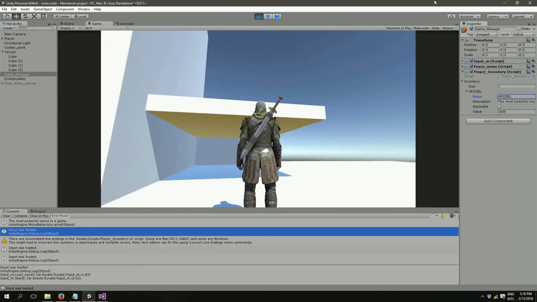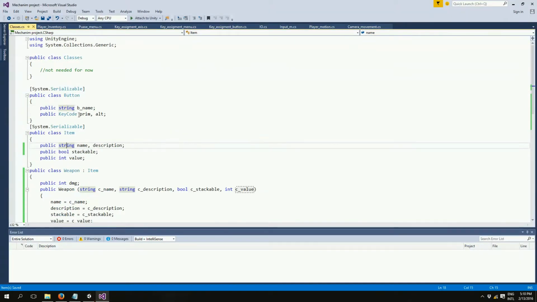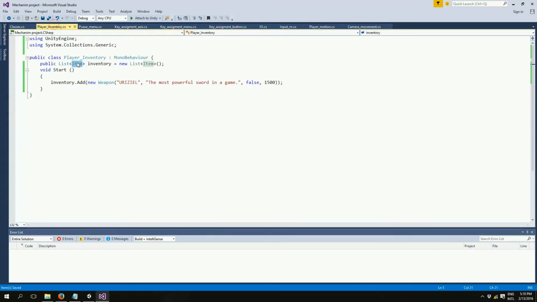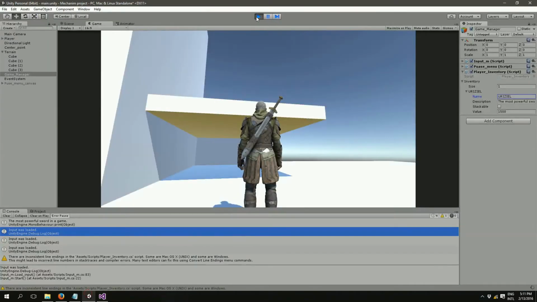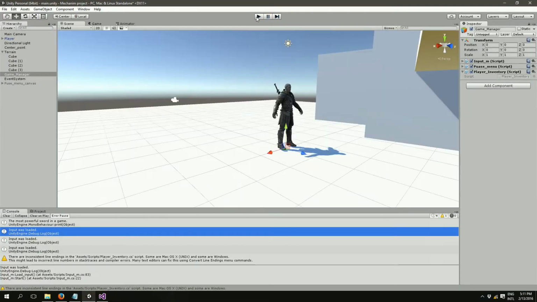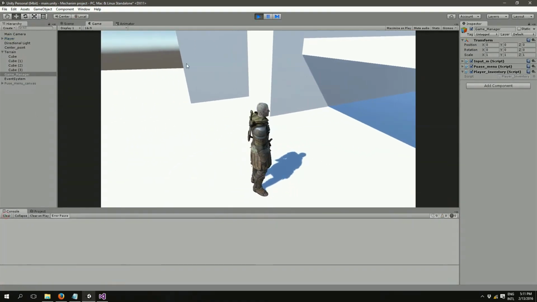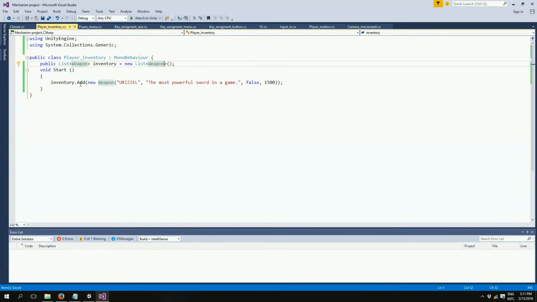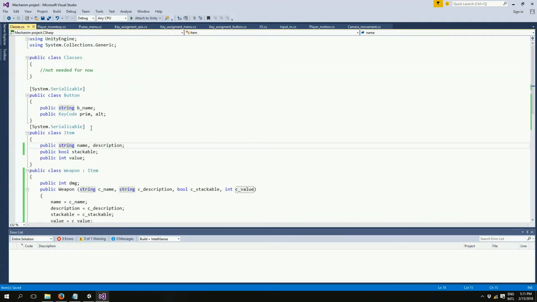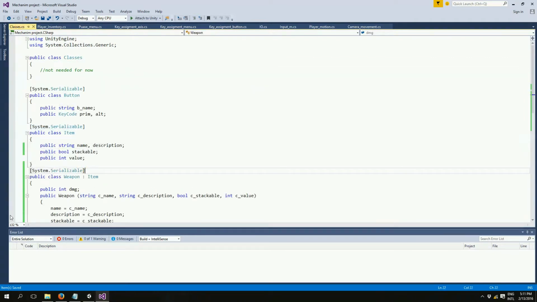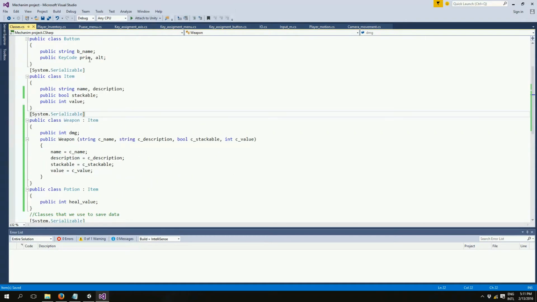And the list is type of item. If we would change the type here to weapon, and we also need to change it here, we've lost everything for some reason. Okay, because probably that's because I didn't make this guy serializable, and as I see it must be,